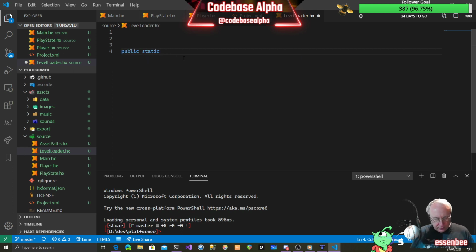It's a public static function. Public static function. This is going to be load level, and it's going to take some state, which is going to be play state, and it's going to take a level, which is a string. Okay,